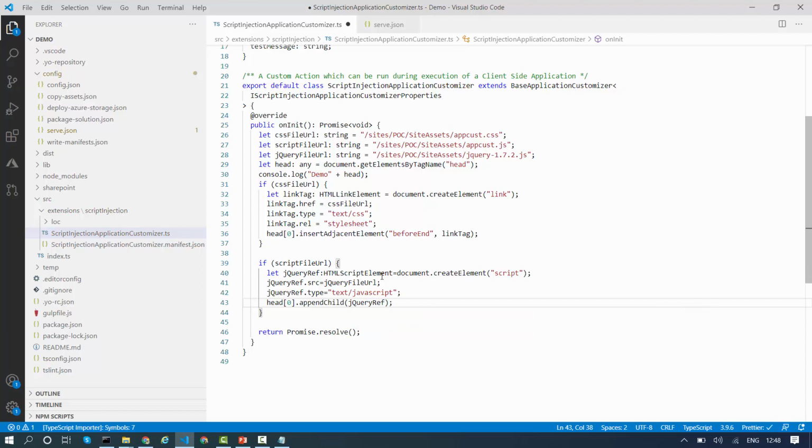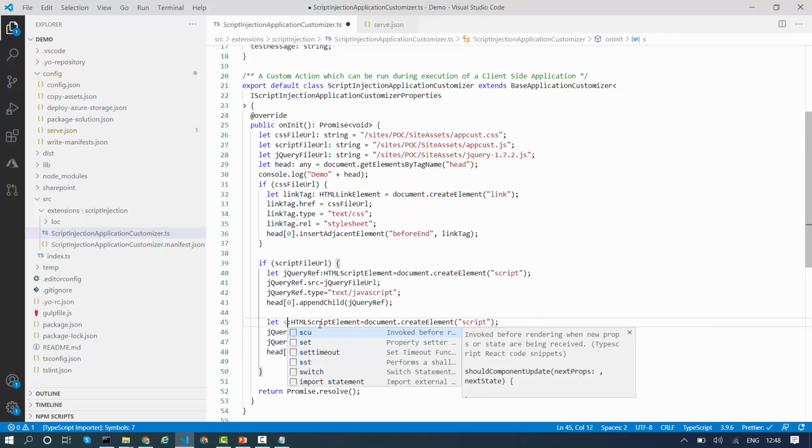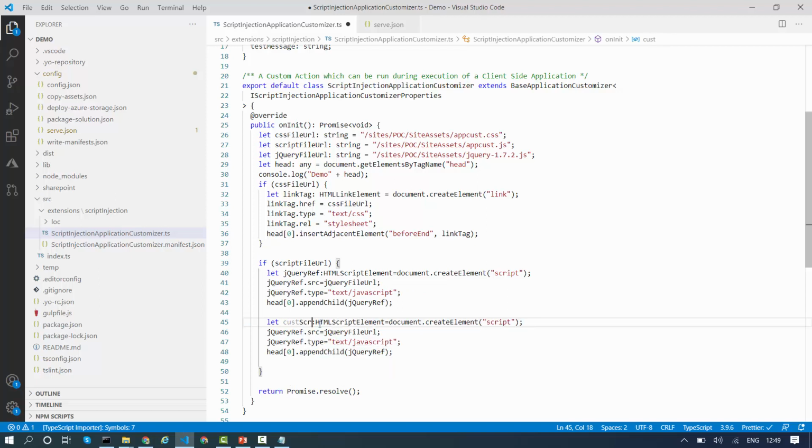So this is done. In a similar way, again I will create this. Over here I will simply copy paste this code because there will not be much change. Instead of jQuery reference, I will say script tag, or I'll say custom script. Custom script, this is fine.